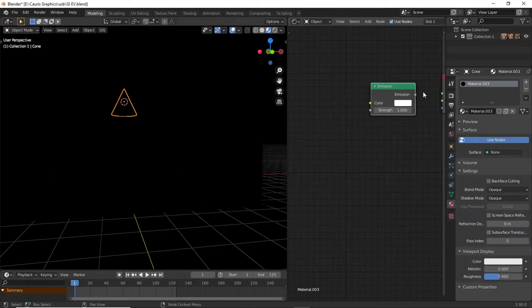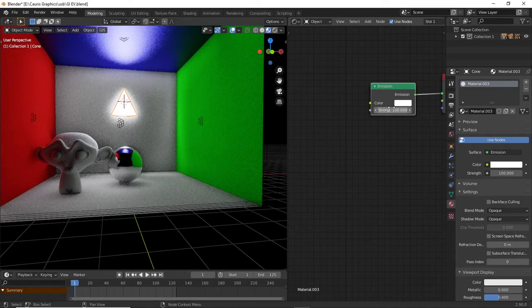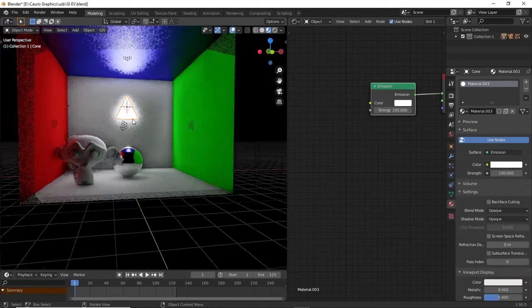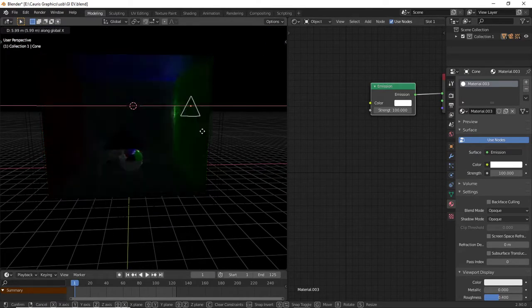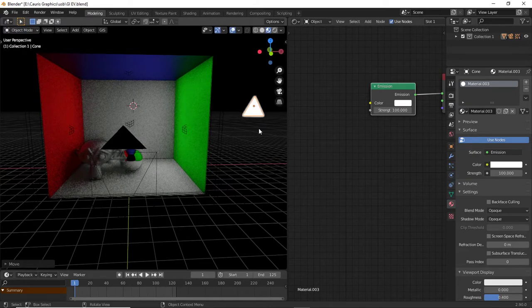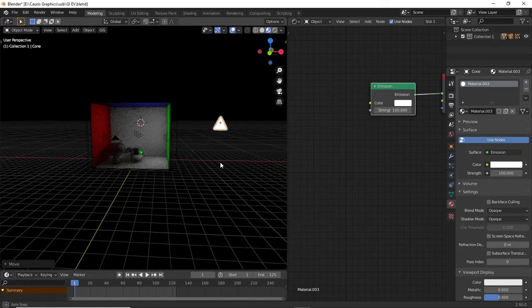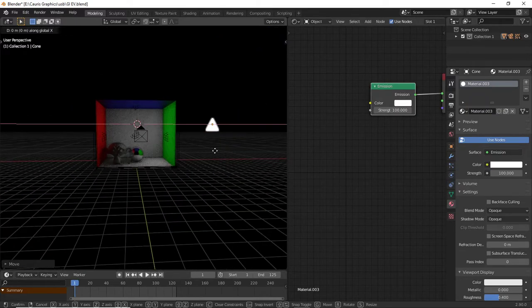So if I put an emission shader and I turn the light up, you see, it is this mesh that lights my scene. So it's very close to Cycles, really close to Cycles. See, it lights the scene. If I move it far,